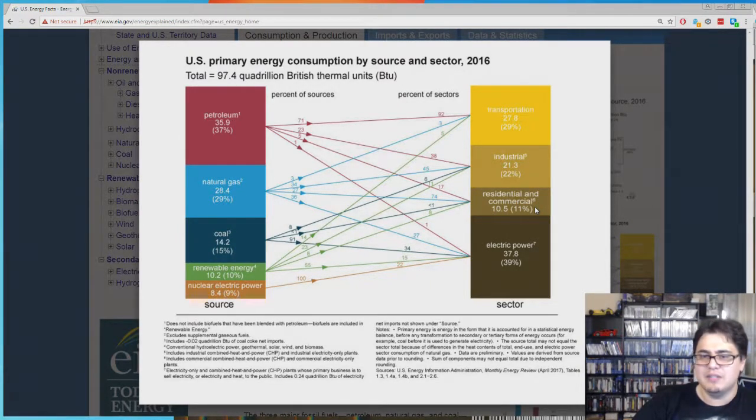Residential and commercial is pretty much the houses we live in. Commercial means McDonald's, Starbucks, Walmart, basically not refineries, not processing plants. That's what commercial is. You might put hospitals and police stations under municipal into commercial. I'm not really sure where that goes, but I would probably say it goes under commercial.